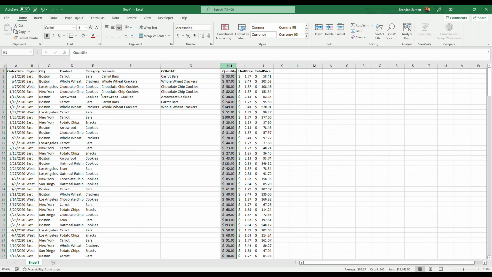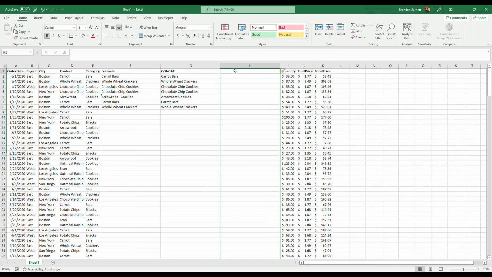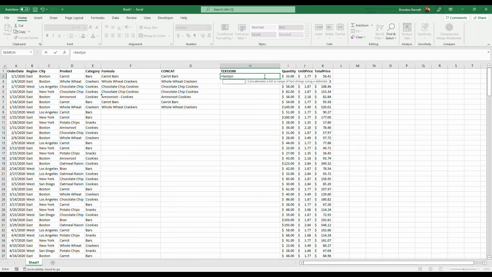And the last one we have here is going to be using the text join. I'm going to hit equals text join. And in the text join function, it asks for your delimiter up front. So this is typically used when you're combining multiple values, usually from rows that you want to separate by a specific delimiter. So in our example, again, I'm going to go ahead and put a quotation, a space, another quotation, comma,